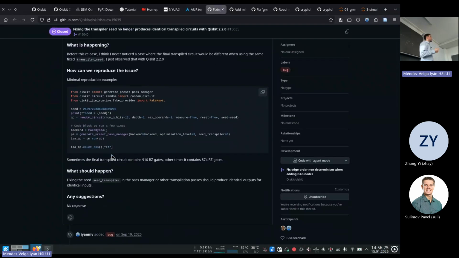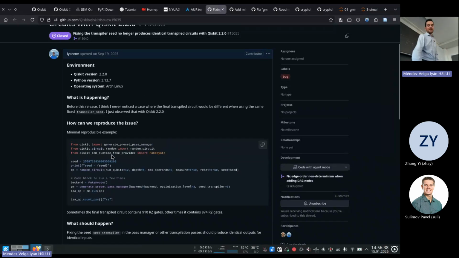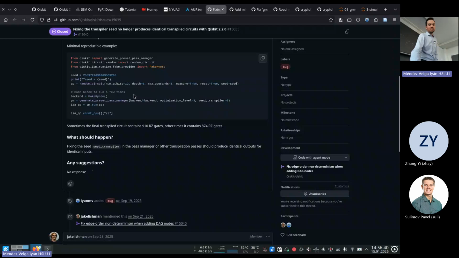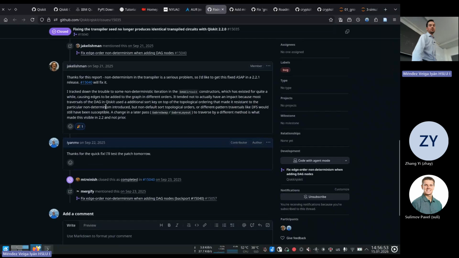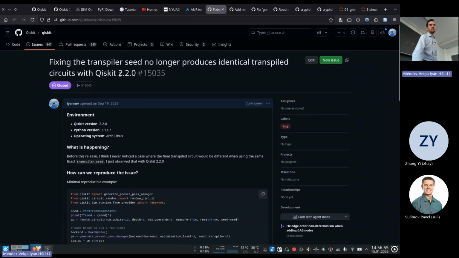And actually you can fix certain seeds. So when you generate random circuits, they are always the same. So you can have a random circuit, but then you can reproduce that in a deterministic way. And this was broken. And you see that I reported this September 19. In this case, I just reported the issue. I didn't dig down in the Rust code. And then one of the maintainers, 2 days later, just fixed it. So you see that reporting the issue is actually nice, and they solved this. And 2 days later, there was the 2.2.1 fix release and problem solved.